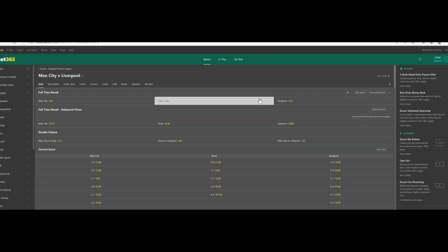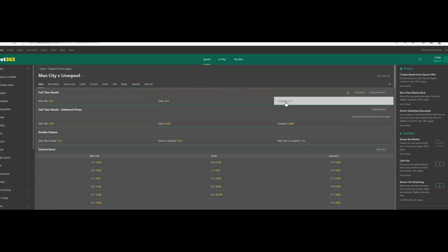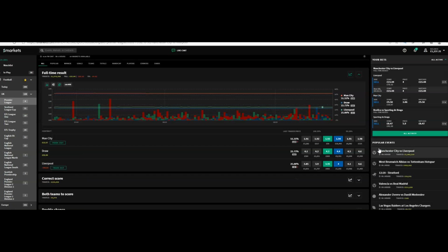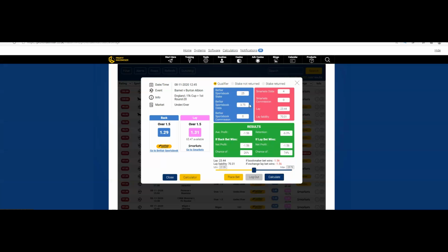First of all, it's the Man City Liverpool game. Liverpool at 3.75, and to lay them off at the moment, the odds are 4. So if we put that into the calculator, 3.75 and 4, £25, it's a qualifier. That'll cost me £1.56. Now I could find something that's a closer match than that, but what I'll do here